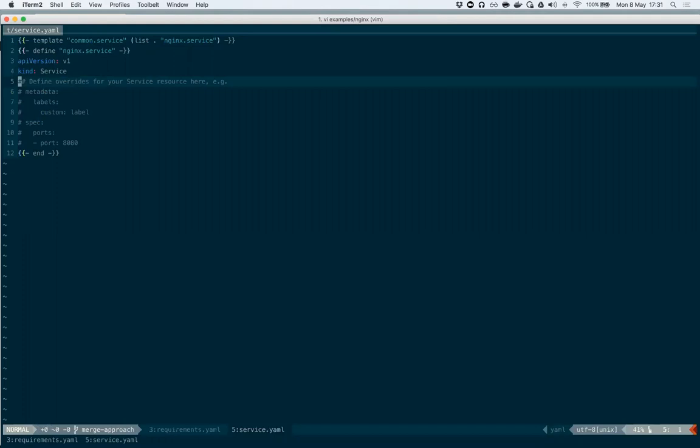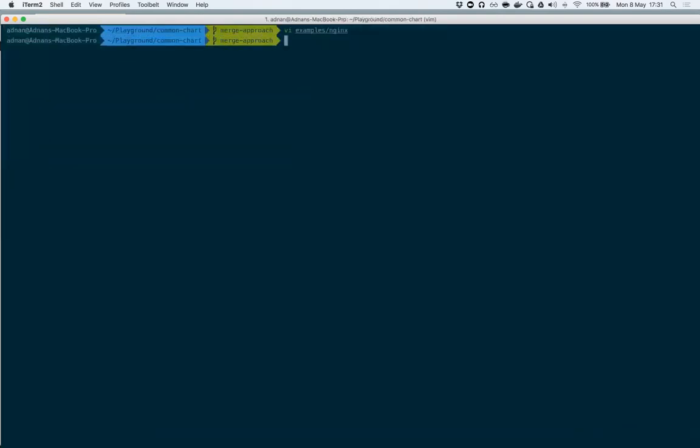So for example, here I've got a service, and all I've really needed to define is that this is a service. Here's some stuff that I can override, and it's basically the same Kubernetes spec that you're used to. But there's a bunch of other stuff that gets filled in using this common.service template, which comes from the common chart. So to show this in action, if I do,